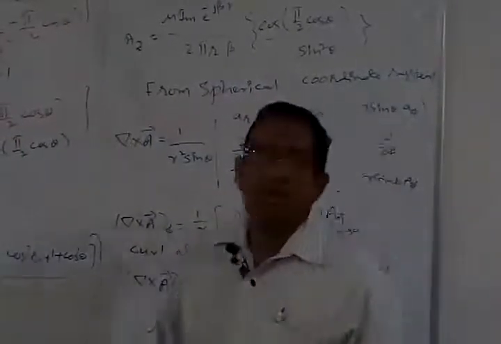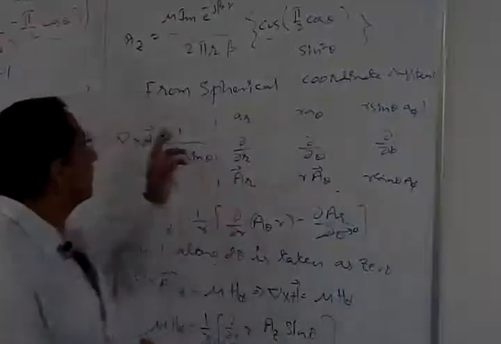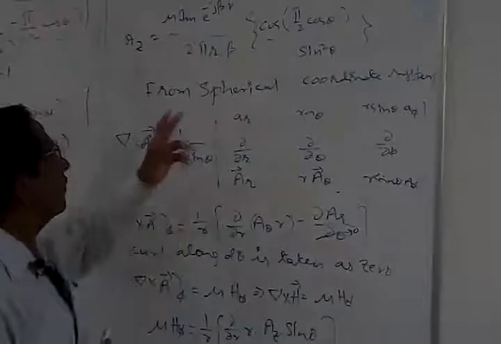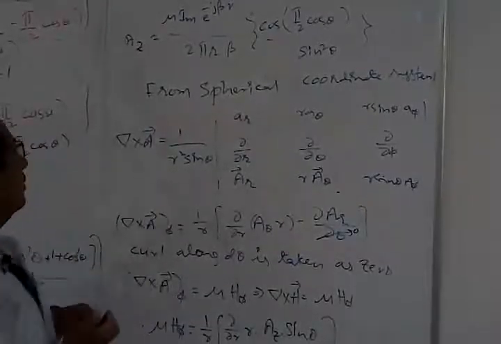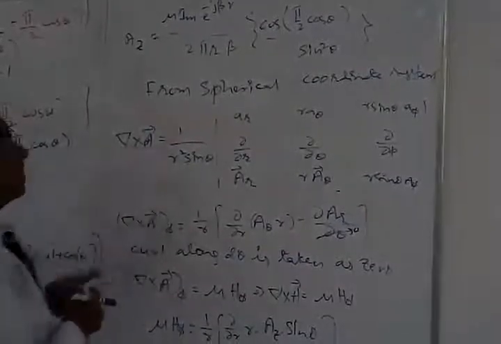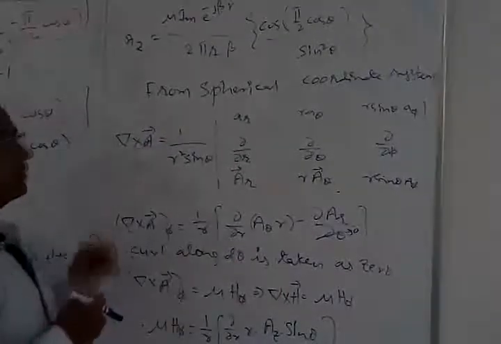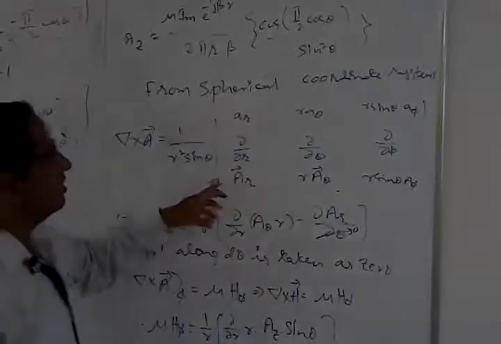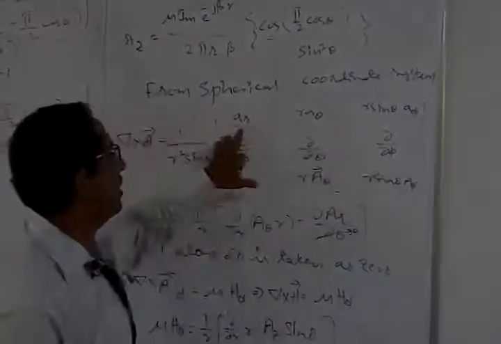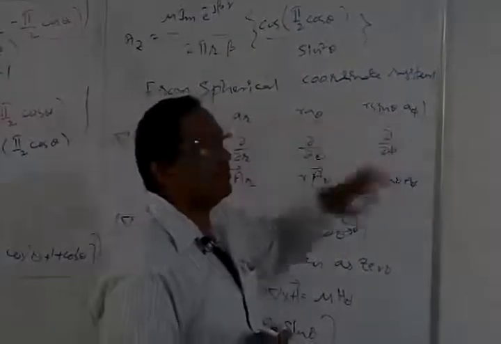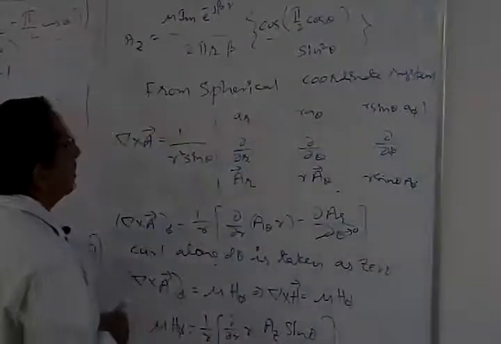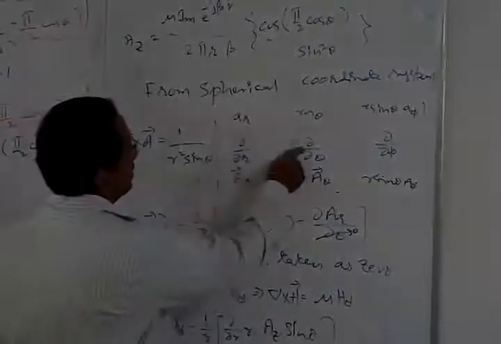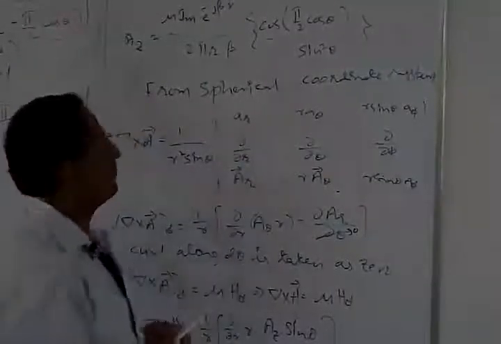Now we know from the spherical coordinate system, that is from the very first chapter of EMTL, we can write del cross A, that is the curl of the magnetic field vector, as equal to 1 by r square sin theta, determinant of this matrix: AR, R A theta, R sin theta A phi. Now the wave is normally going to get propagated along AR, A theta or A phi directions.